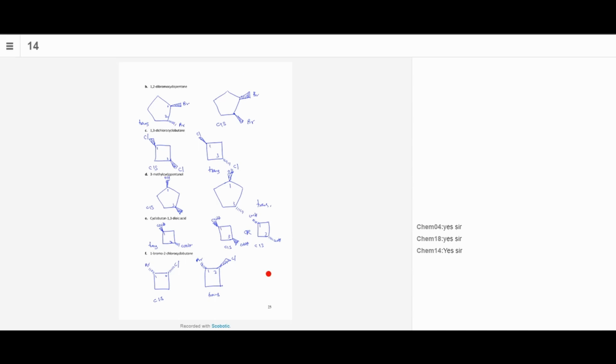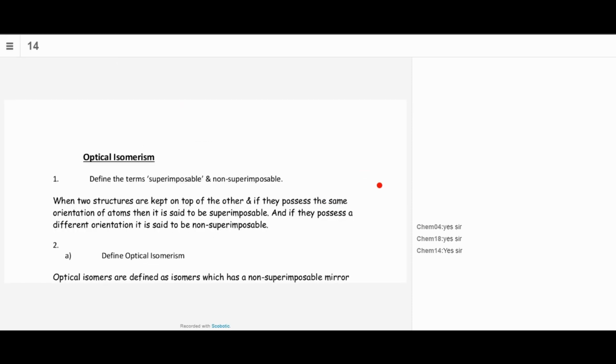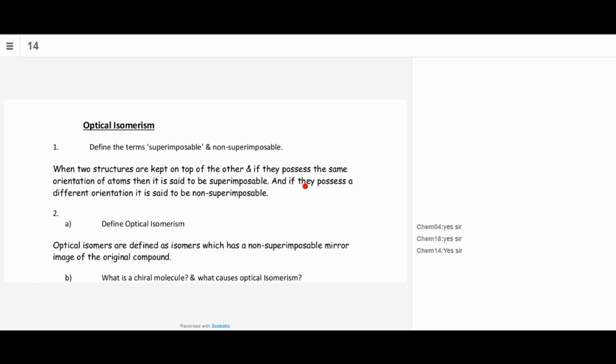Let's move on to the next type of stereoisomer, which is the optical isomer. Before I start on optical isomerism, let me explain to you the meanings of the terms superimposable and non-superimposable. If you can keep one structure on top of the other structure, we say those structures are superimposable, right? For example,